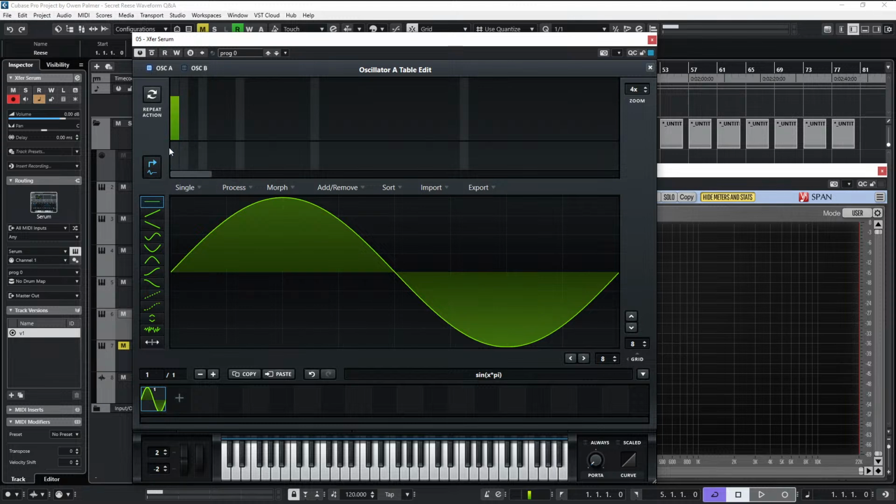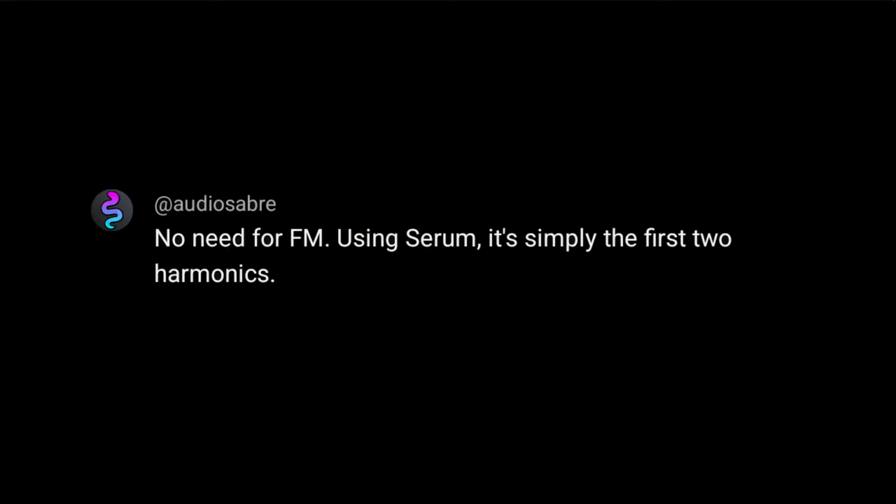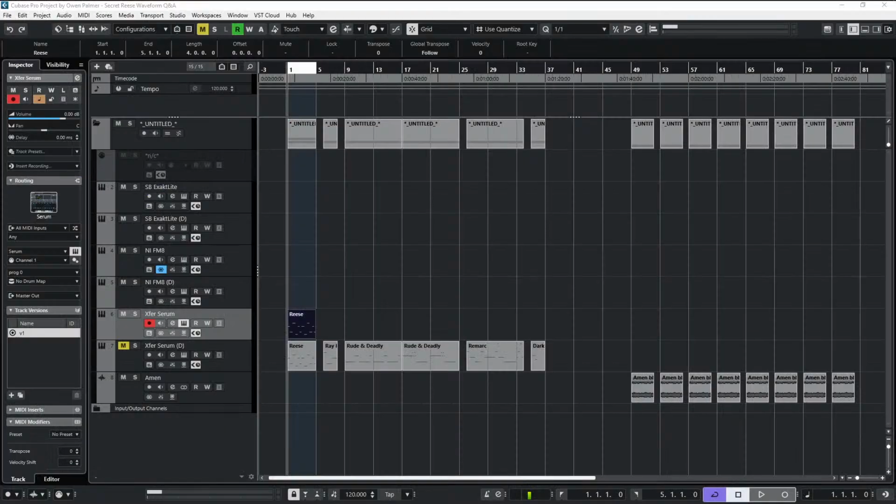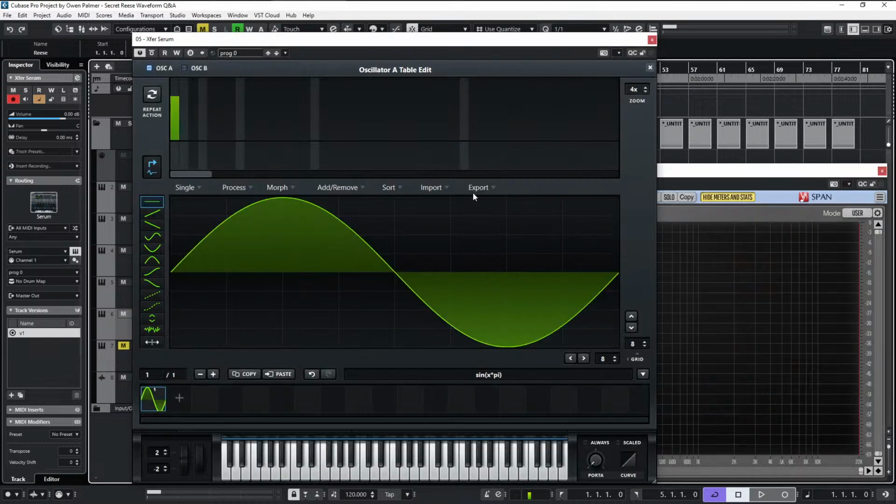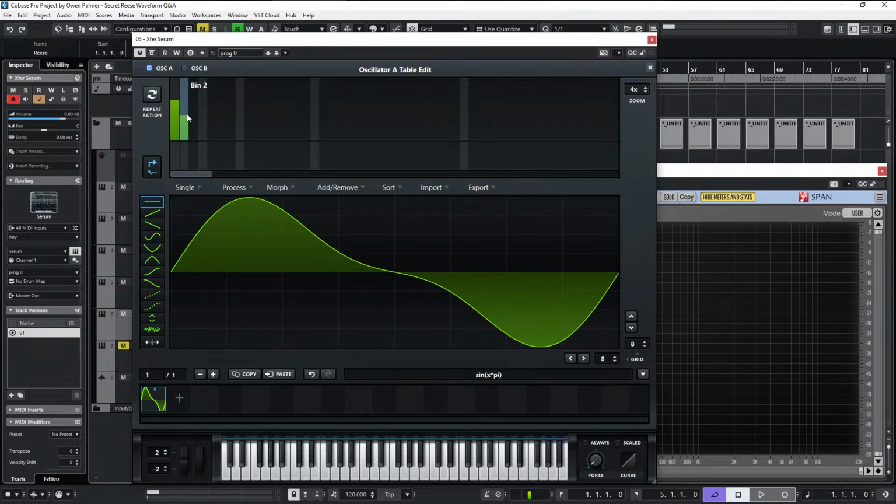Somebody actually in the comments said that you can, let me find that. I've pulled it up on screen. "No need for FM. Using Serum, it's simply the first two harmonics." That was the comment I saw. And well, it is true that you can make it look like the secret Reese wave-ish by adding a second harmonic. Right? That pretty much looks like the secret Reese wave in terms of it goes up, it's flat in the middle, and then it goes down. But